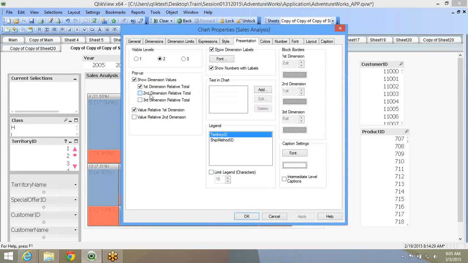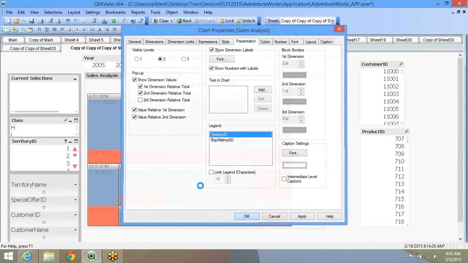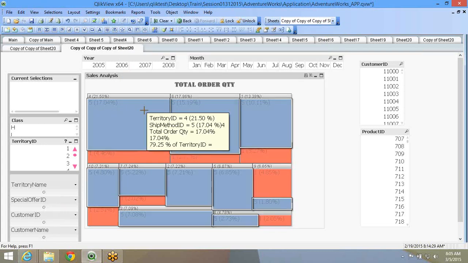Actually, here on the display, it is not showing the right value. But if you go to the pop-up, there are two things it is showing. One is territory 4, which is 21.50% of the overall total. Ship method ID 5 is 17.04%. The total order quantity is displayed as 17.04 for ship method ID 5, but